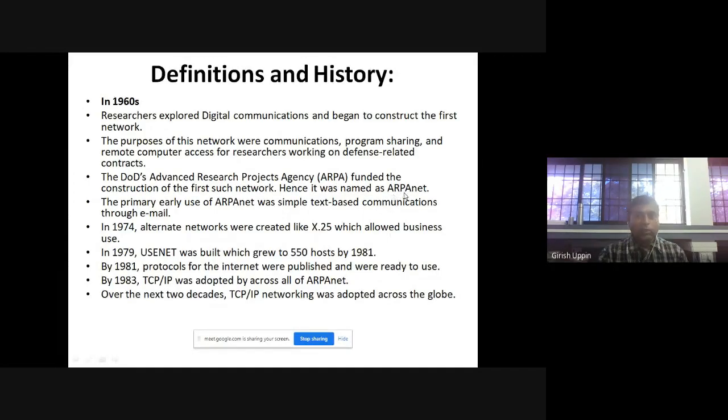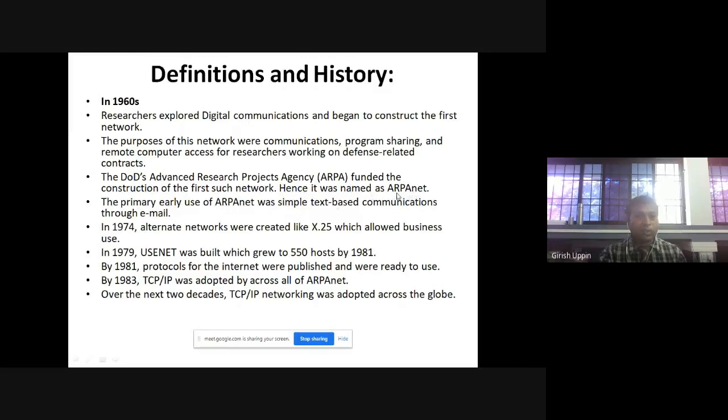So you understand, what is a network? The network is nothing but the connection between various kinds of devices, including computers. It can be any other device, like a printer or scanner. Connecting and communicating between these devices is basically a network. Whatever network they started building, they called it ARPANET.